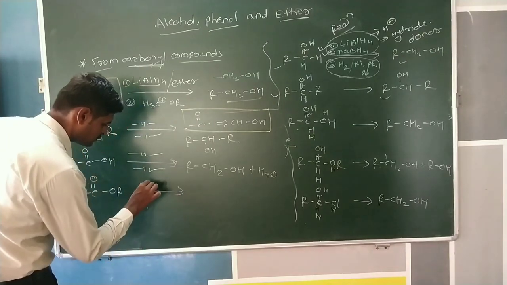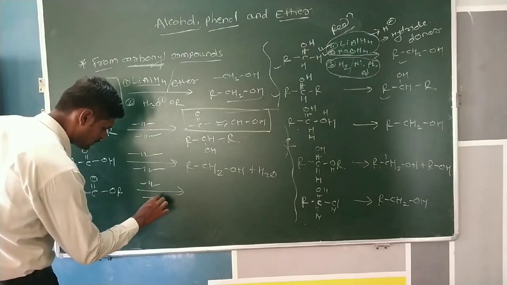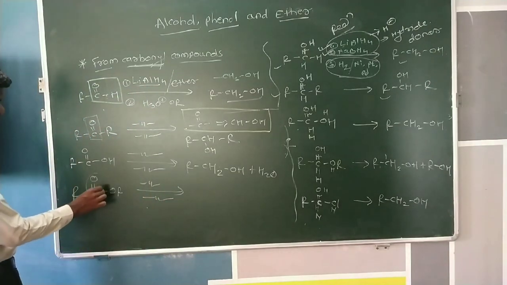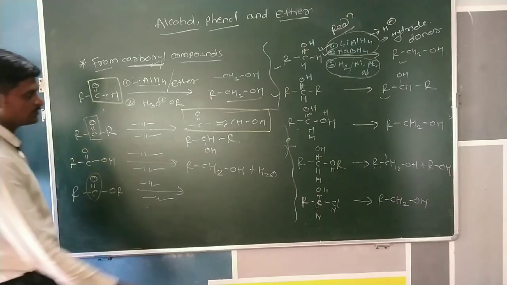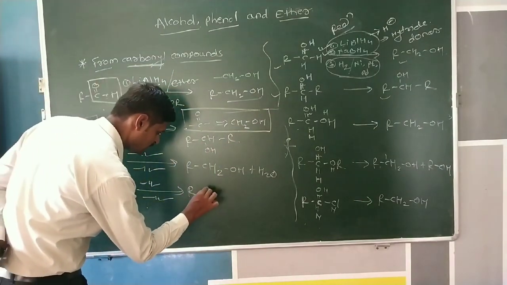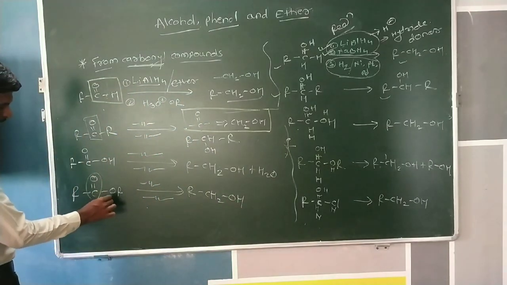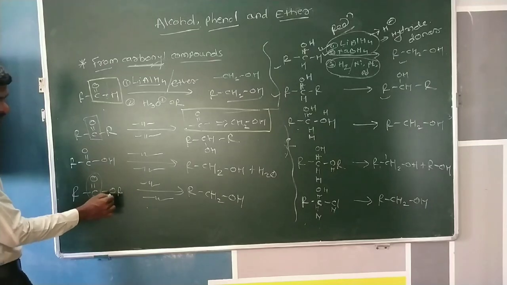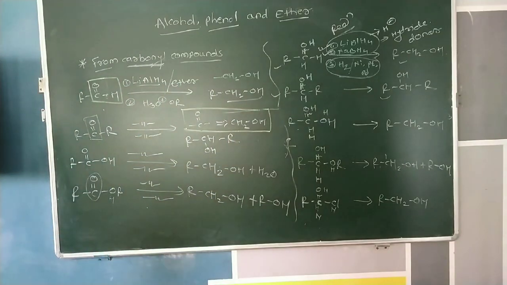It undergoes the reduction reaction by using lithium aluminum hydride in the presence of ether, followed by acid hydrolysis. Then this group gets converted into CH2OH. The carbonyl group gets converted into CH2OH. That means RCH2OH is formed, and the one hydrogen is combined again with the alkoxide group, and there is a formation of ROH. The mechanism of all these derivatives is similar to aldehyde.